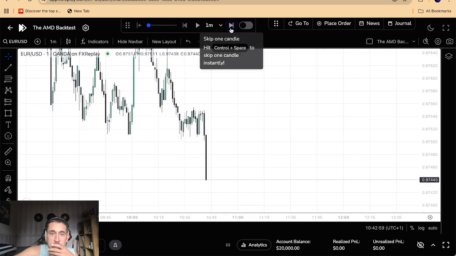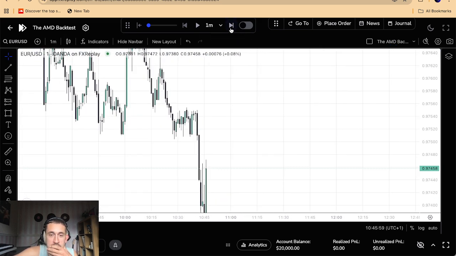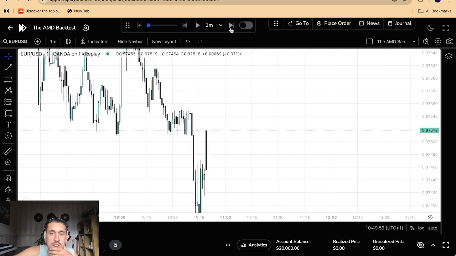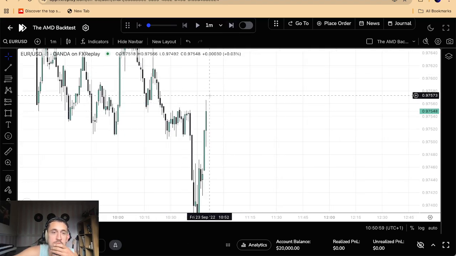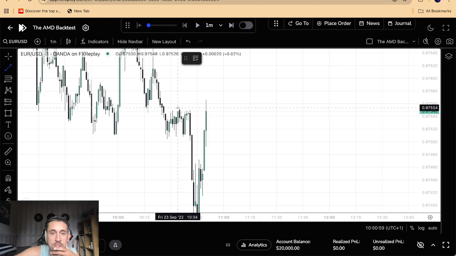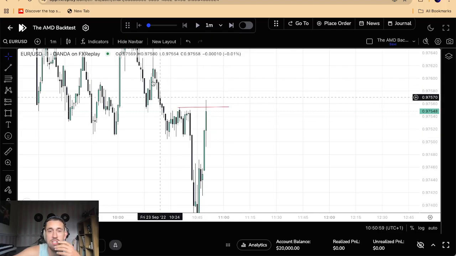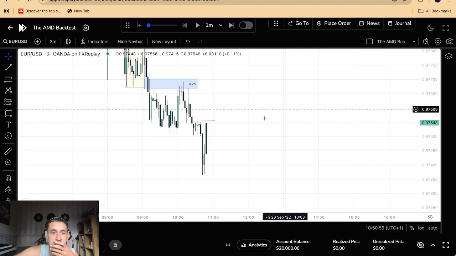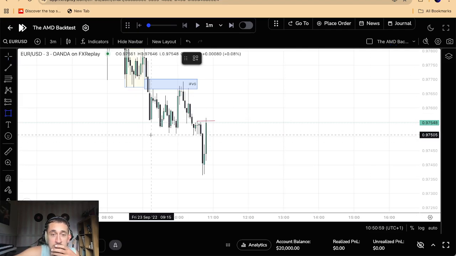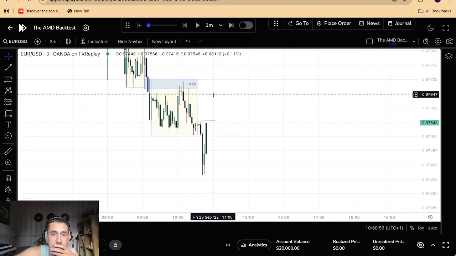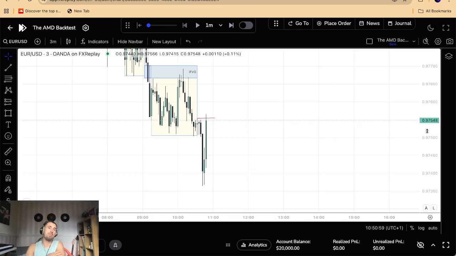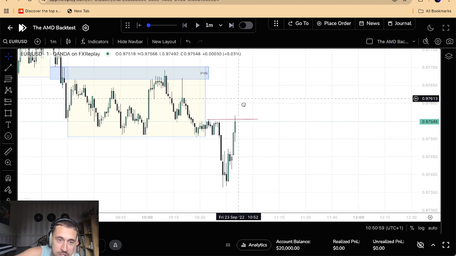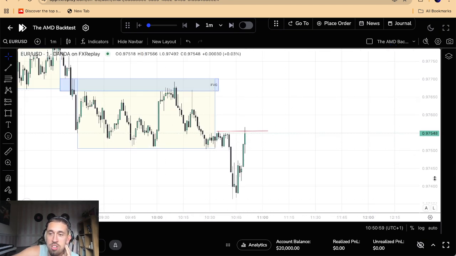Another accumulation. Are we going to distribute back into that? Okay, we do. Annoyingly, we just took the high of that accumulation range though, so it's not as safe to take now. I am going to call this an accumulation, just because now you can see that. Okay, for example, the reason that I would now class this as an accumulation, even though, like I just said,